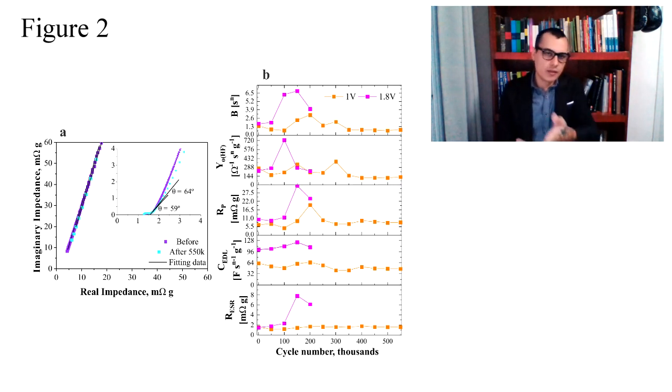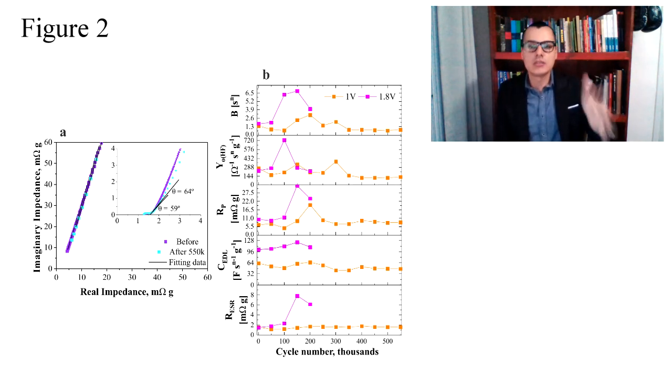Okay, and the cycle life of these carbon-based materials with niobium was investigated by doing 50,000 cycles of GCD at 50 amperes per gram and taking an EIS after. In other words, we took one charge and discharge. We charge and discharge our supercapacitors 50,000 cycles, and then after that we took an